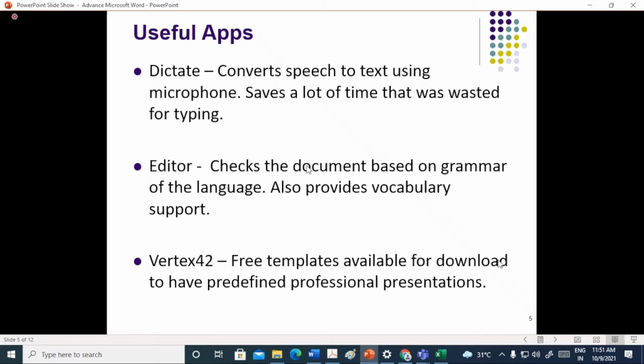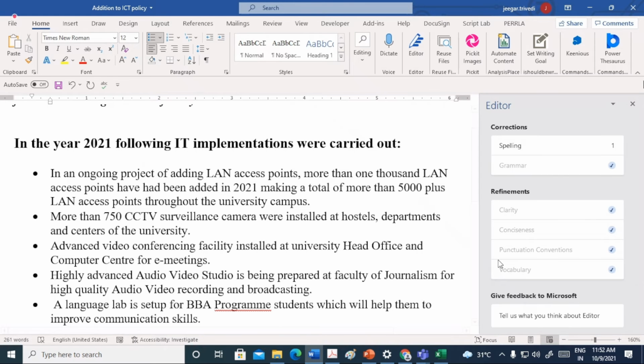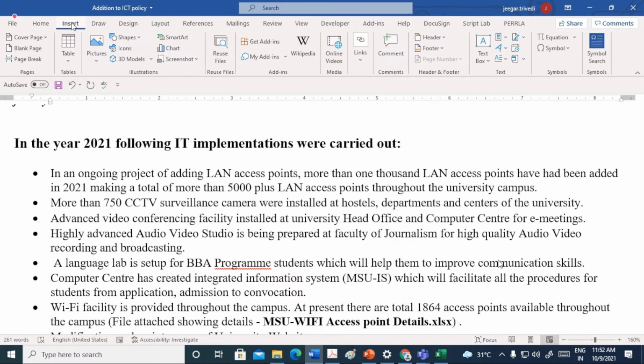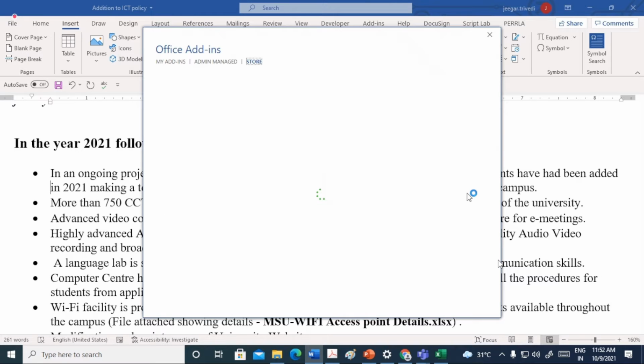Now comes another useful app, that is Vertex 42, which is a template. It is a kind of template that is available and it has predefined professional presentations. Okay, so let us see this. So these add-ins, they are found inside the insert menu, and here you have something called as my add-ins and get add-ins. If I click on this get add-ins,